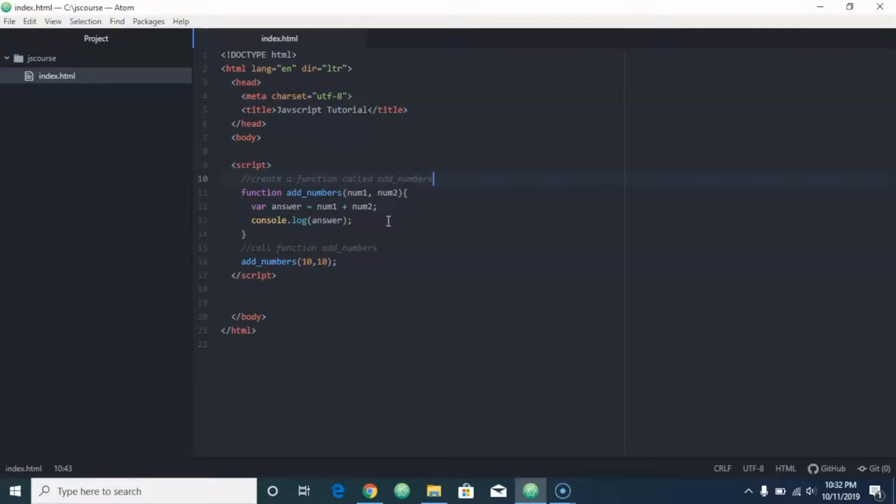The return statement does just what it says. It returns information. So for instance, where I have this console.log here, if I get rid of that line and simply type return answer, this statement says, okay, we have this variable here, answer, and it's adding whatever these two parameters together are. So every time you call this function, I'm going to return whatever that answer is. So if I do that and I run add numbers,